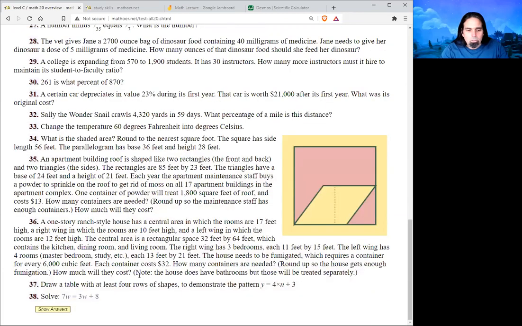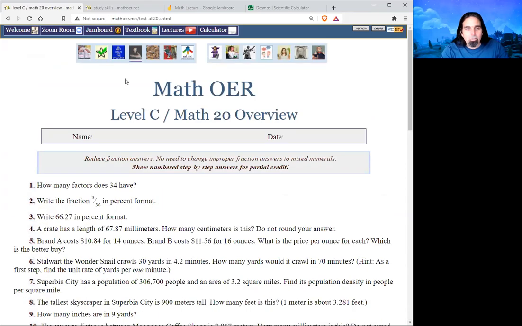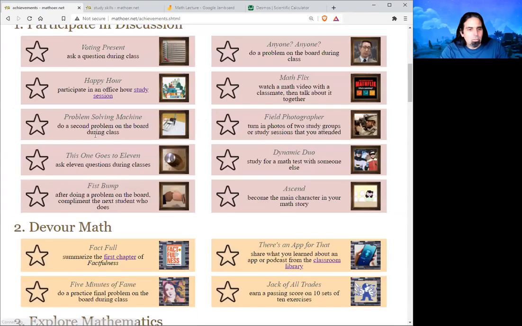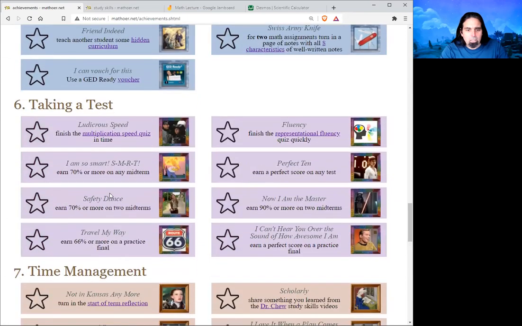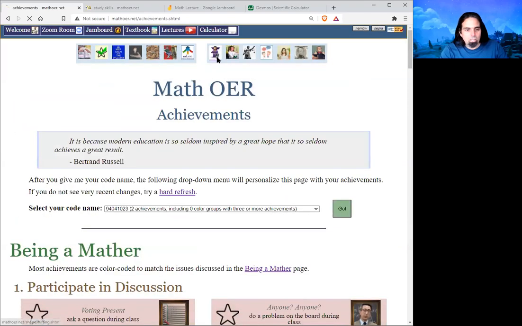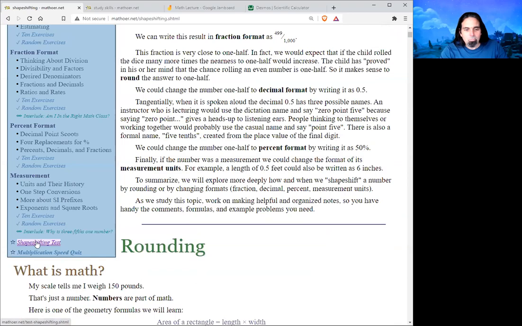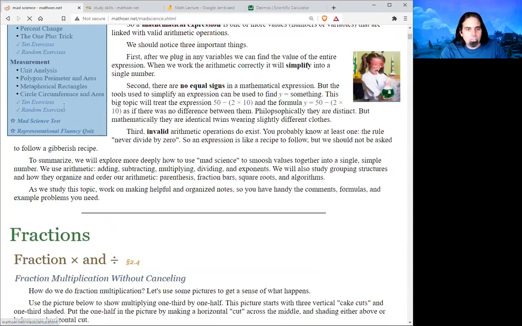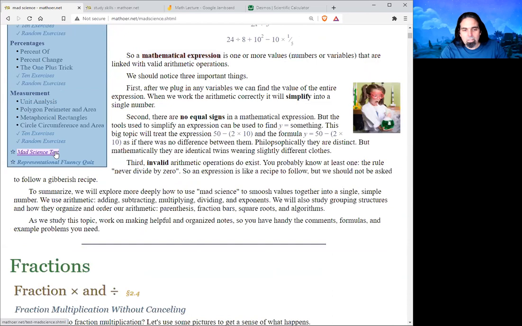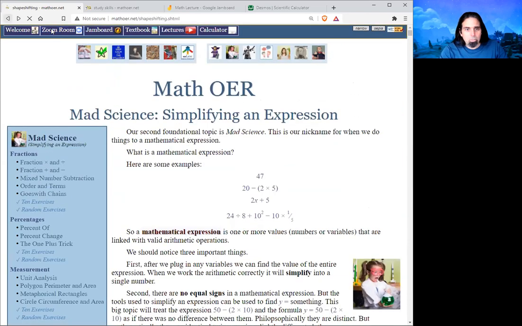Once you are able to do the whole page, then there are some achievements about it, right? There's the ones about taking a test. Can you get 70% on any one of them? Maybe just the shape-shifting one or just the mad science one. Can you get perfect on any of them? Many students never do. Can you get 70 on 2 of the topics? Because remember, each of these has their own thing at the bottom. And so on. So if you get 70 or more, and then lastly would be